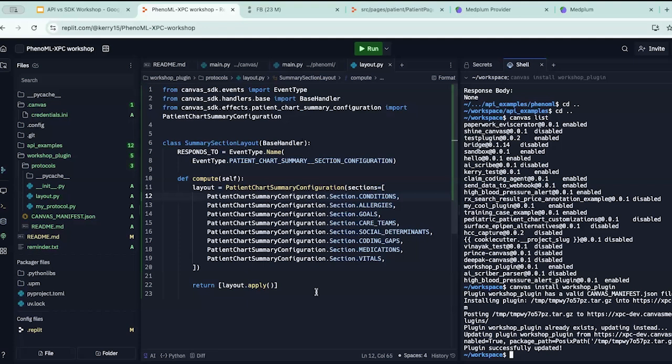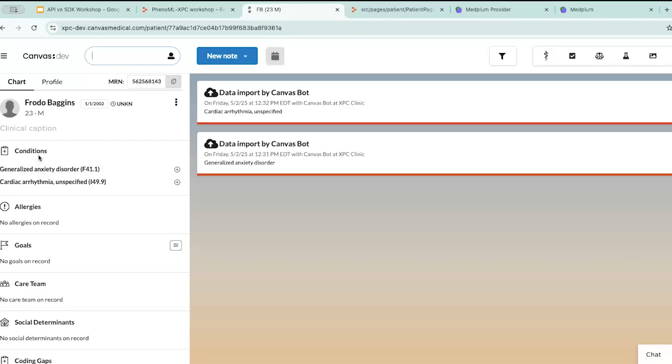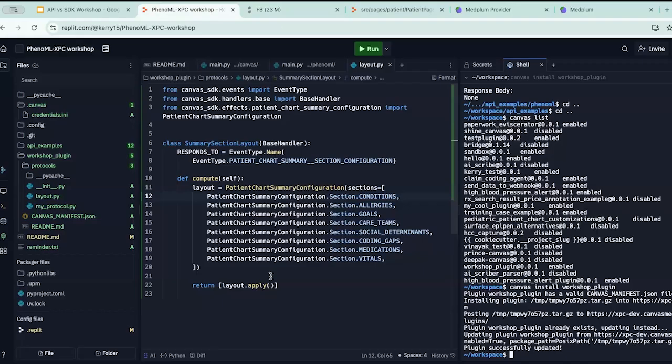And to make that easier for people that use Canvas, and obviously, Andrew, you can chime in if you feel differently, but they make an SDK so that it literally is just like layout equals this, and I just change up where I want to put conditions in my chart. So the alternative would be that you would have to retrieve the current layout from Canvas, get it back via API call, and make another API call to change where conditions is located. Instead, they make it very simple to be able to change it up here